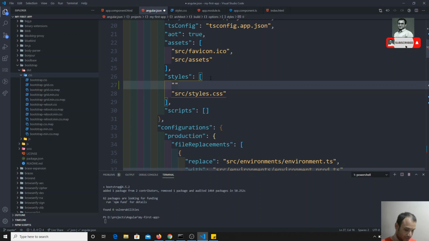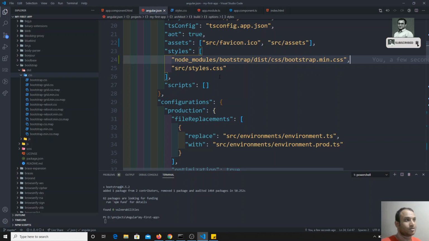So in node_modules, slash bootstrap, slash dist, slash css, slash bootstrap.min.css. So this is node_modules/bootstrap/dist/css/bootstrap.min.css.